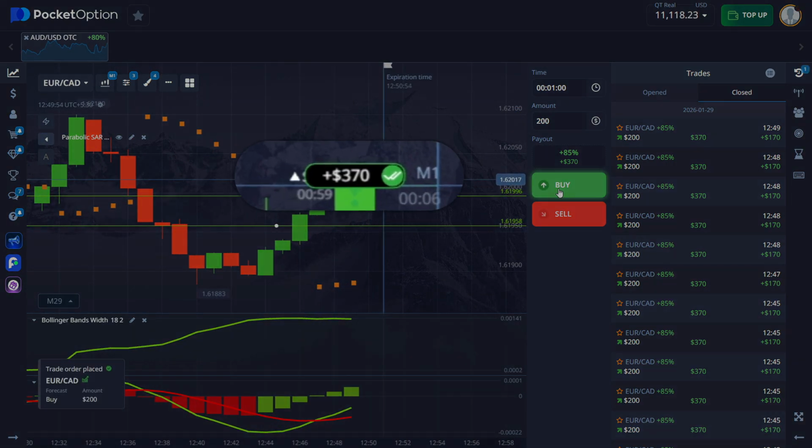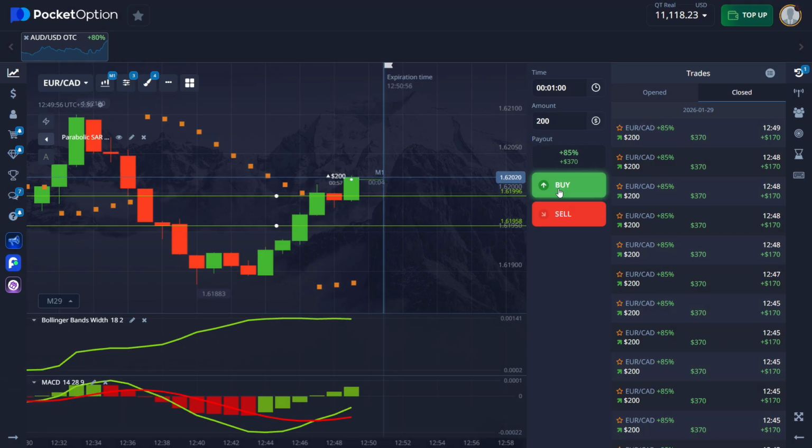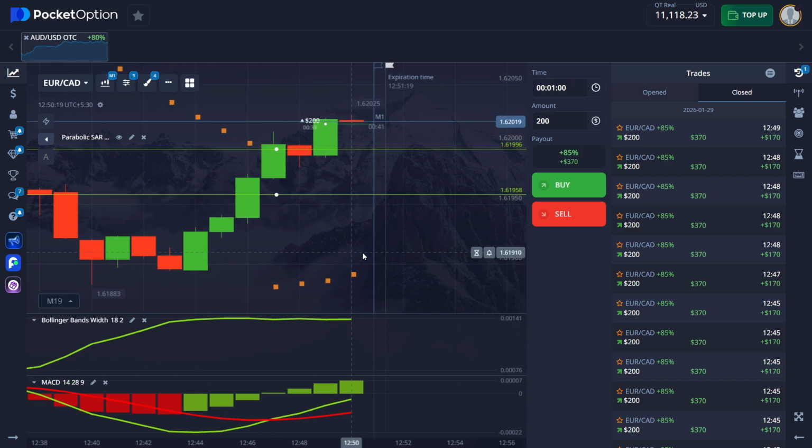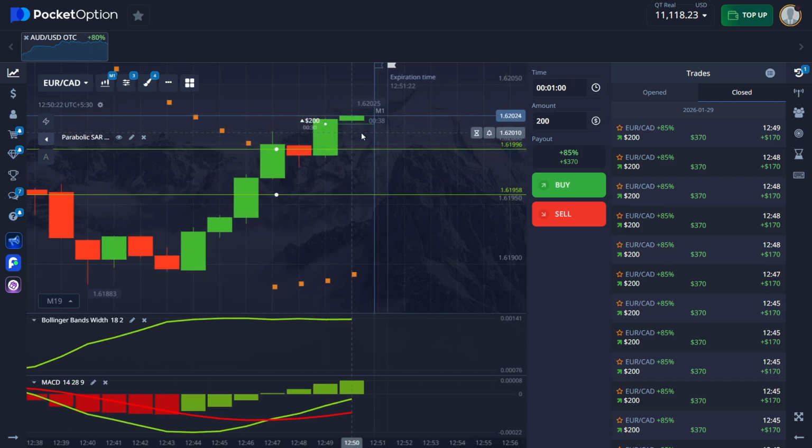All right. The trend is surely going towards the upward direction, and I again place a trade of $200 towards the upward direction. The reason being, Parabolic SAR is still showing the trend is going towards the upward direction. The intersection between the MACD lines is still showing the intersection at the point here, and we have witnessed 1, 2, 3, 4, 5 candles as green, and there is a huge possibility that this candle will also come as green and will bring me a profit on this trade too.